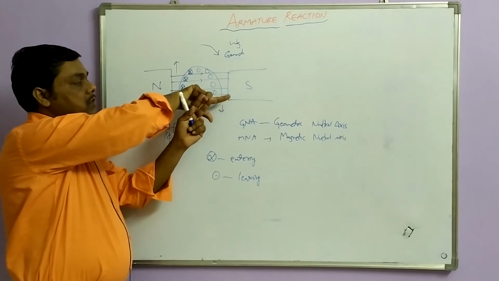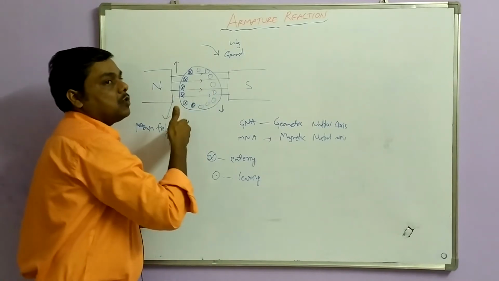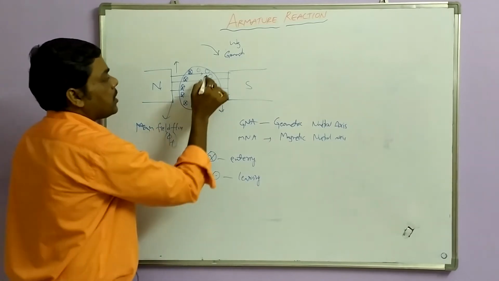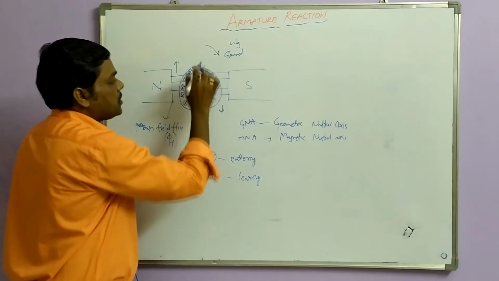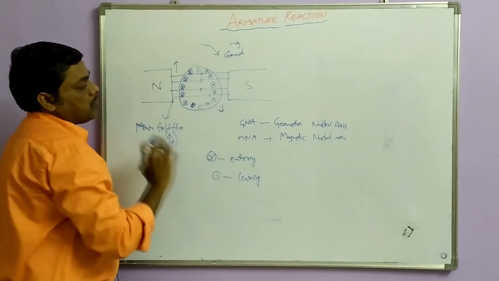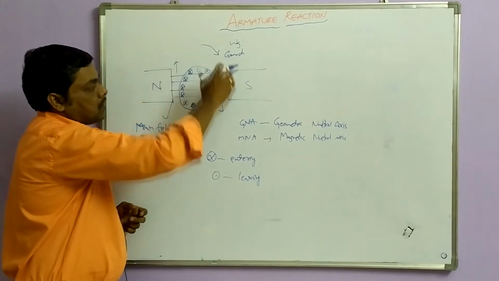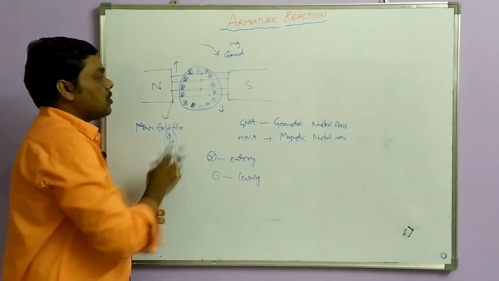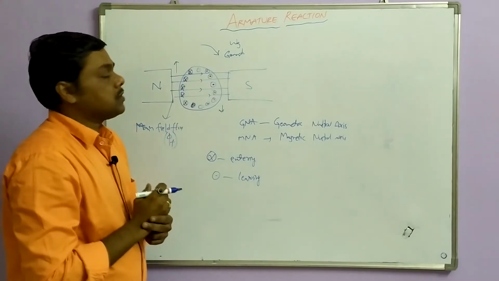So what do you mean by this? This current is coming out from this plane, whereas the left side current is into this plane. Now the current is out from this. How do you indicate it? The leaving current is always indicated by dots. These conductors have no effect, so I am not showing anything here. Now if this armature is rotating in the clockwise direction as a generator, the force on left side conductors is upward and right side conductors is downwards.